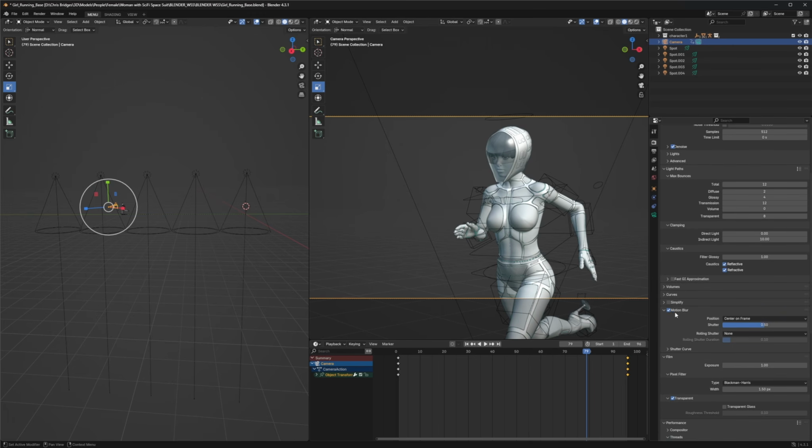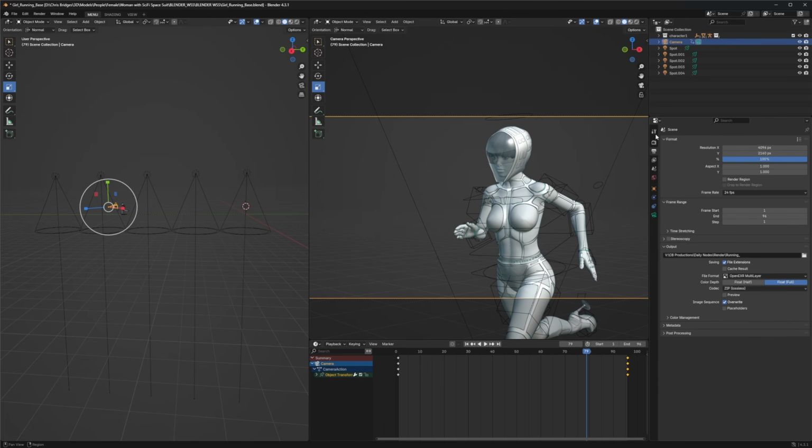So if we have this checked, it's going to render our motion blur based off our shutter speeds and everything we have set in here. But like I said, this is going to add additional time to your render. So Fusion allows you to add motion blur to your renders, so you don't have to use the extra render time. So in Blender, once you have your scene set up, if you uncheck motion blur